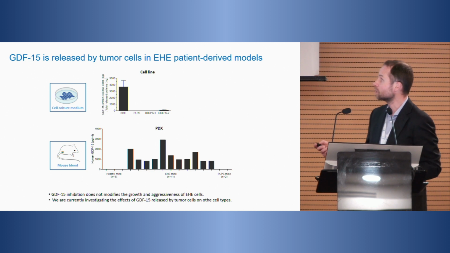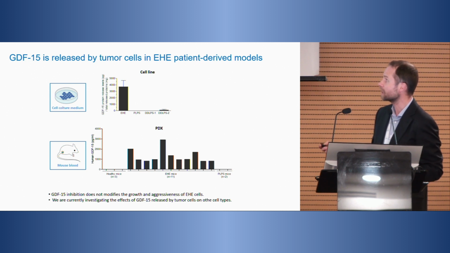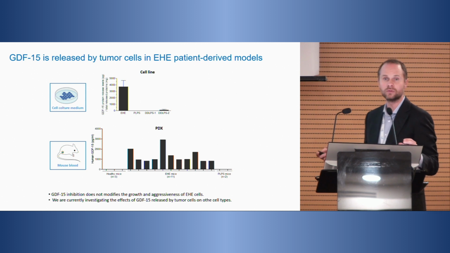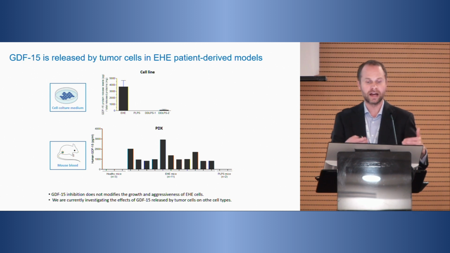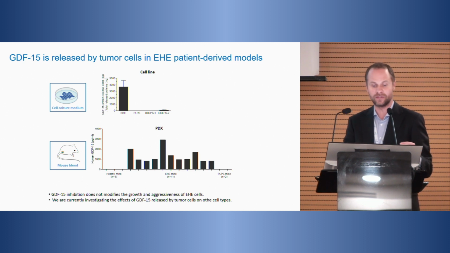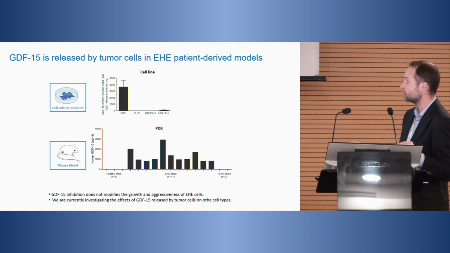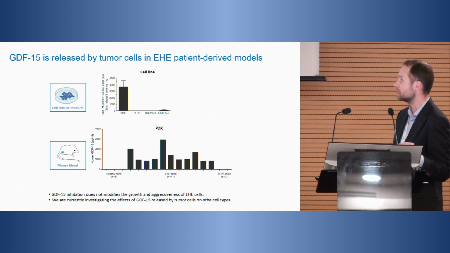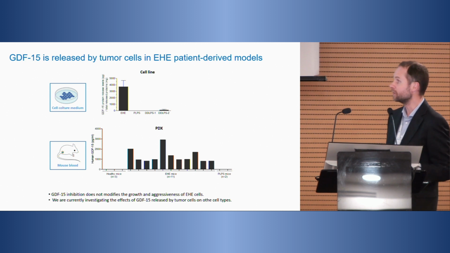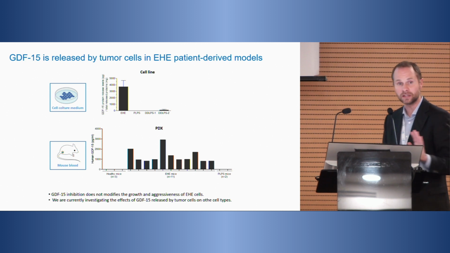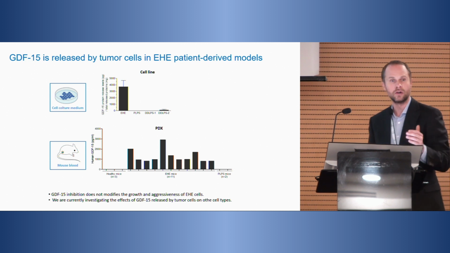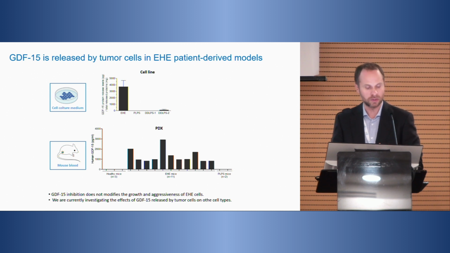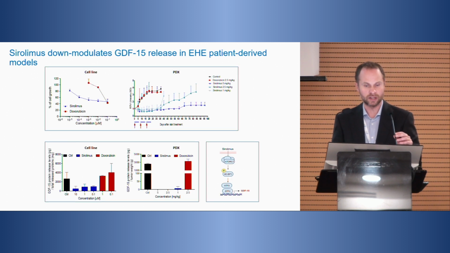And so we realized that compared to other sarcomas, you might recognize the acronyms, pleomorphic liposarcoma or the dedifferentiated liposarcomas, cell lines from EHE have definitely higher levels of GDF15. And the same applies to mice, because mice with EHE have high levels of GDF15, and these are not there in healthy mice, so mice without tumor, or mice with other diseases. Here, again, I reported the liposarcoma, but also in mice with other sarcomas, we don't find the GDF15.